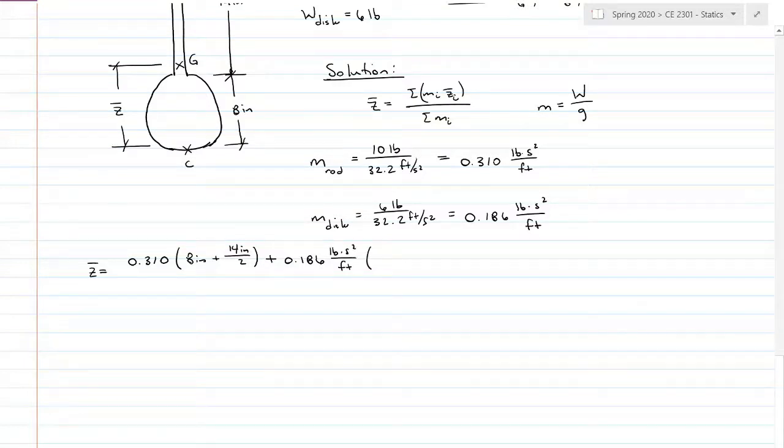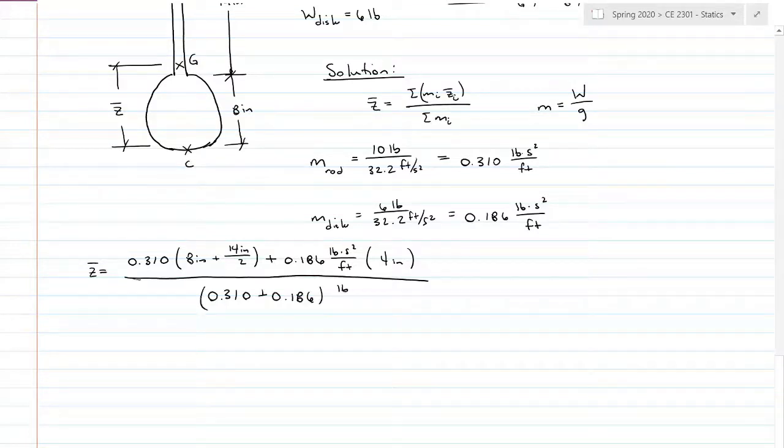I know I'm being sloppy with units, I apologize. And then halfway up the disc, which is 4 inches, divided by the total mass, 0.310 plus 0.186 pounds second squared per foot. And that gives me a mass center for the composite body of